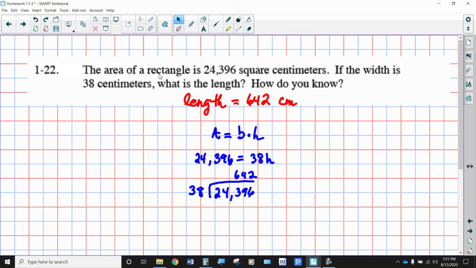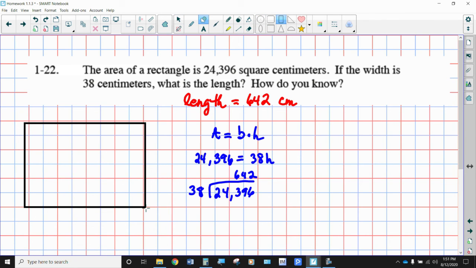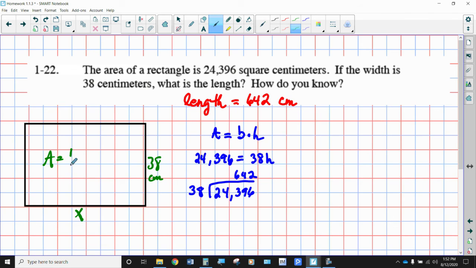Okay, so an area of a rectangle is 24,396 square centimeters. If the width is 38 centimeters, what's the length? Okay, so 5D process, I'm just going to draw a rectangle, right? I don't really care if these are proportional dimensions. We know that the width is going to be 38 centimeters. We don't know what the length is, but we know that the area, which is what you get by multiplying base times height, is going to be